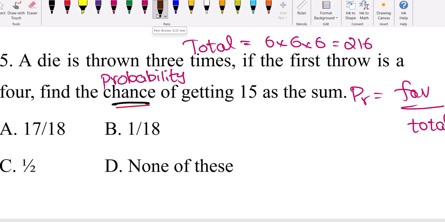The first throw is already 4. You have only 2 chances left. This is already fixed, and these two must sum to 11. Now, how many ways can you fill those two slots to make 11? They clearly mention the first throw is 4. If one of the throws is 4, then there is a different case, where the first, second, or third may be 4. But they clearly gave the idea: the first throw is 4, and the total sum of the numbers appearing on the top of the faces